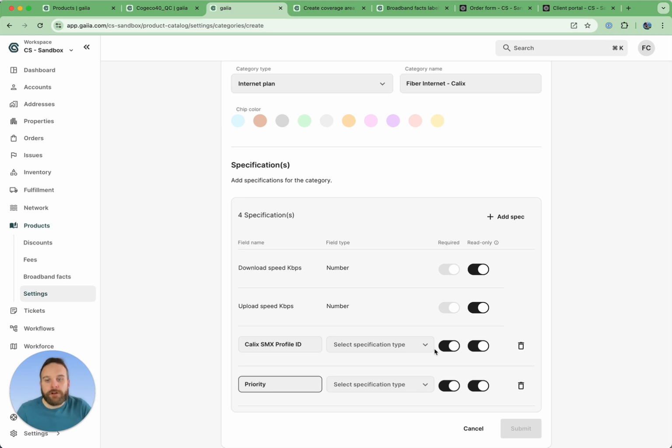Here's an example. You're using Calix as your OLT, and you're applying a shaper profile to define the speed of the internet plan at the OLT. What we can do is to store, let's say, a profile ID as a number inside the specification, and then when you create your product, for every product you can put your Calix SMx profile ID, meaning